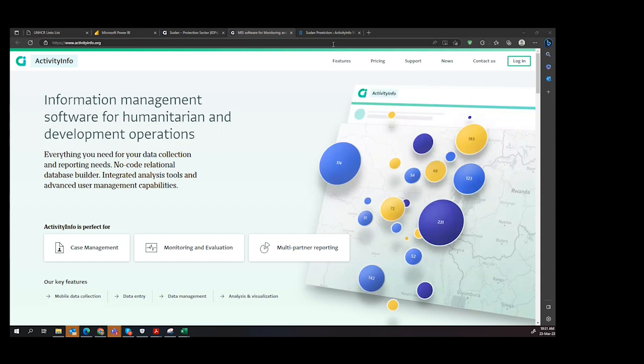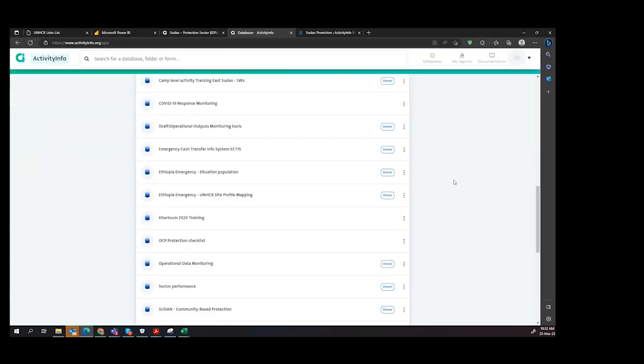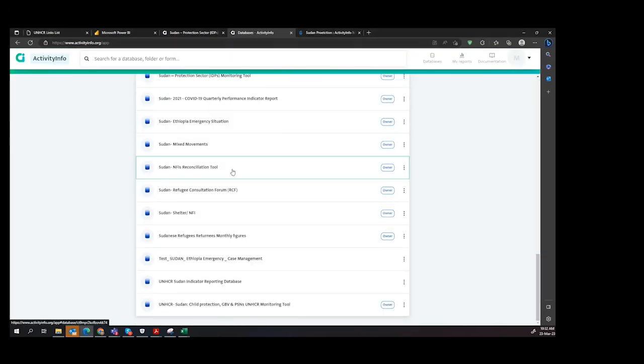After that, you just go to activityinfo.org. I will paste the link here. You click login, and then you will have access to your database,